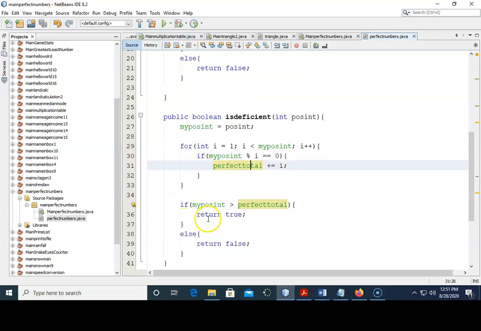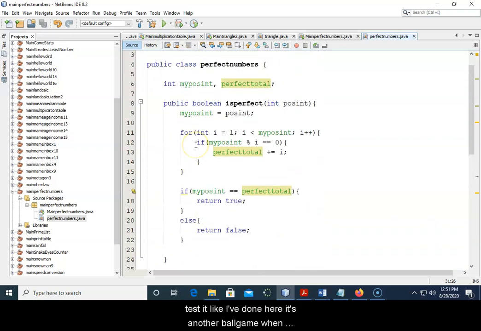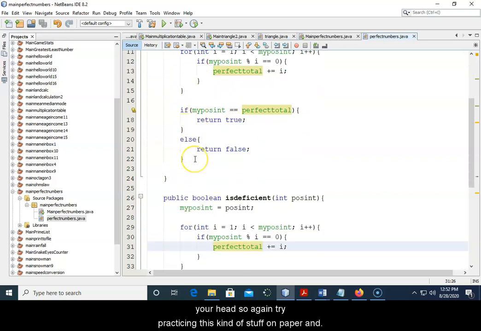I think this is a program that you could do pretty easily if you had the computer to write it out and test it like I've done here. It's another ball game when you're having to write it out and figure it out off the top of your head. So again, try practicing this kind of stuff on paper,